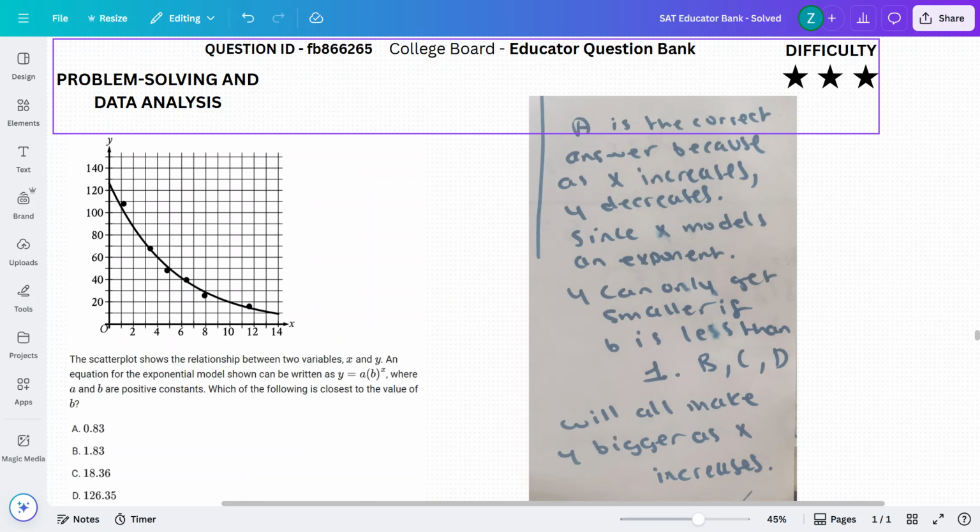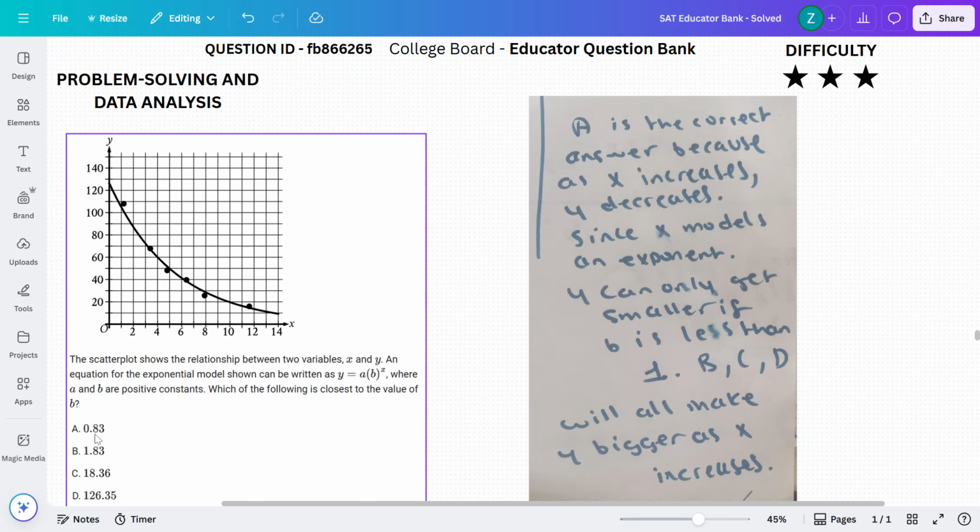Now, what if you choose a number smaller than 1? So if you choose, for example, in this question, 0.83. Now, if you multiply 0.83 times 0.83, basically you're multiplying 0.83 by a fraction. A good way to think about it is that if you multiply a number by a number smaller than 1, by a fraction,